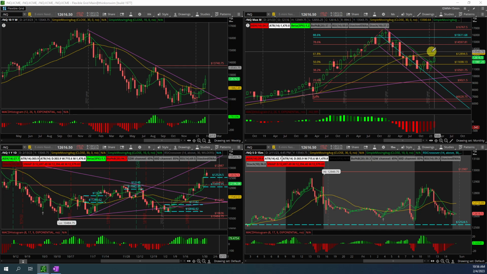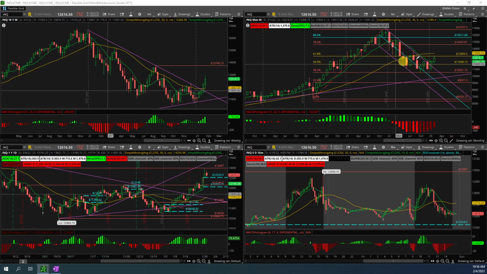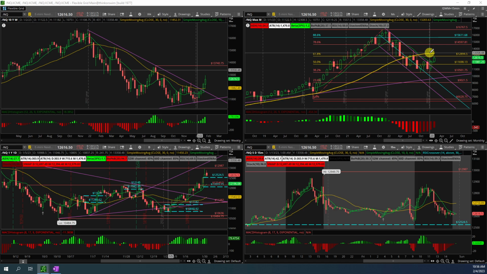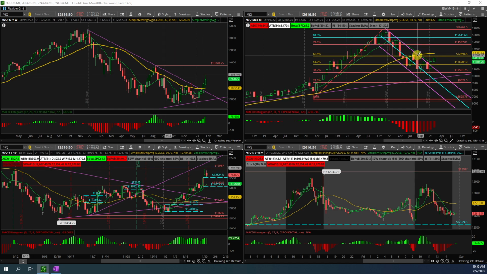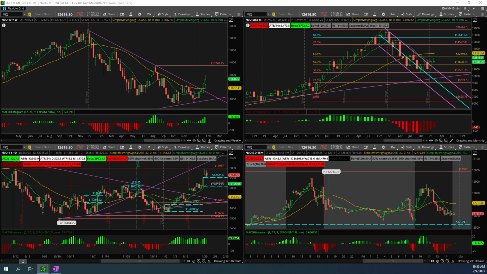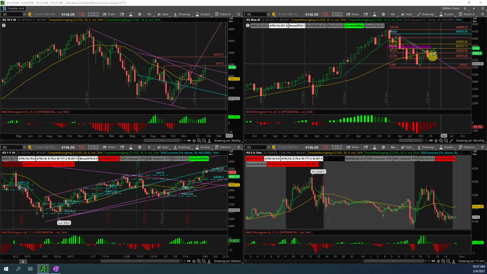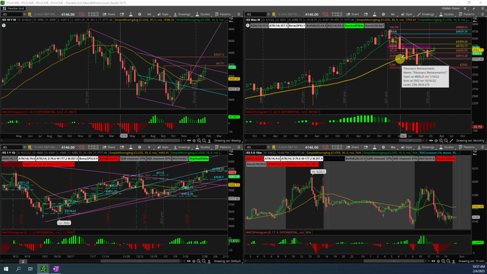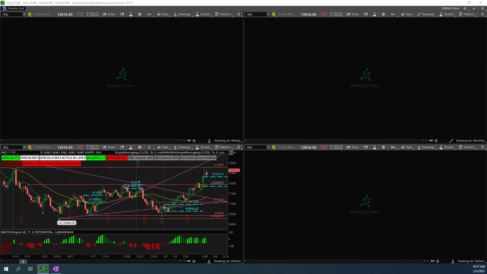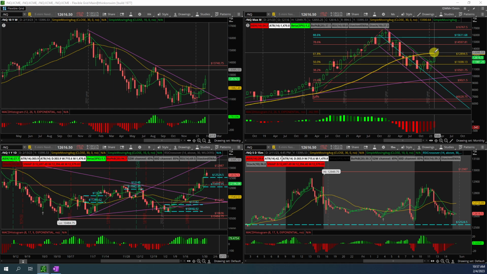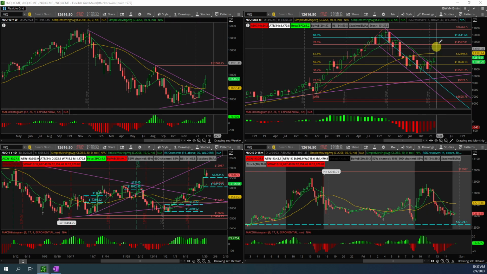So NQ, it's in the middle of the 30-month simple moving average and the 10. So in here, if we compare ES with NQ, ES is already above the 30 month moving average. However, NQ is in the middle of it. So there were some good moves on the FANG stocks. So NQ is moving towards the